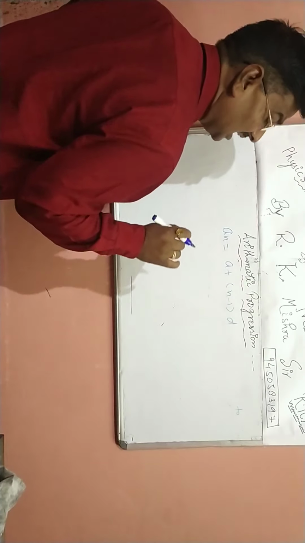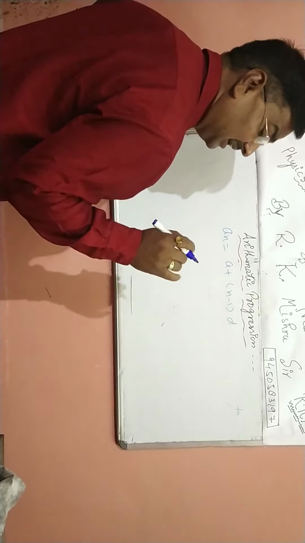Look here, suppose we start from the last, then what will be the nth term? You can find A plus D, A plus 2D, A plus 3D, that is n. Now, if you want to find from last, then what will be the nth term from last? By subtracting, you can look here. You will subtract D, and after subtracting, you will get A.